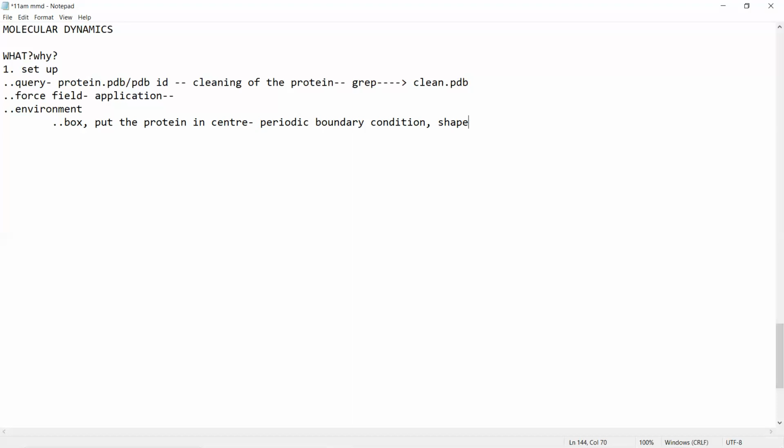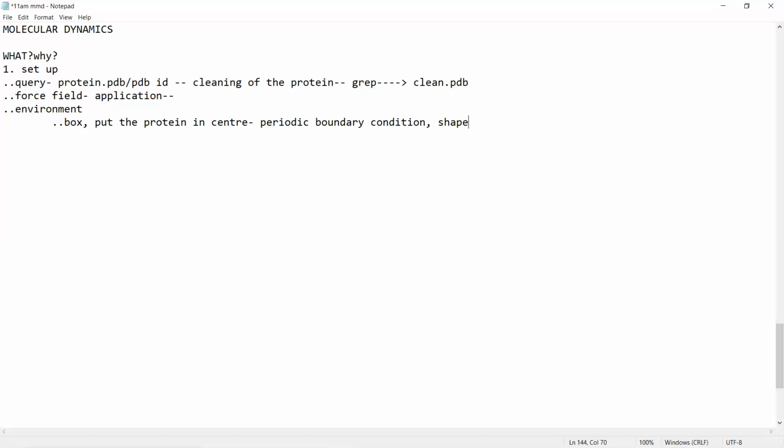If you know that your protein is a globular protein, then you will go with the cubic because that is fine. But if you supposingly take a rhombic or something like this, what will happen? Extra spacing will be there because of which you might encounter some kind of vague analysis. That is why we prefer to work according to the protein we're working with.